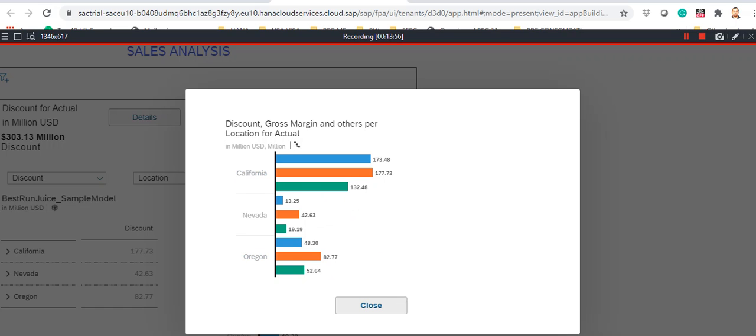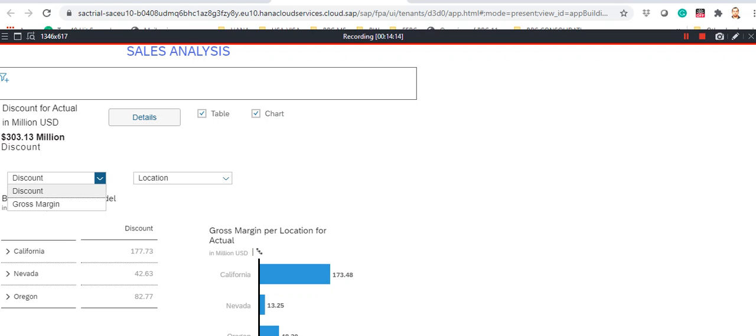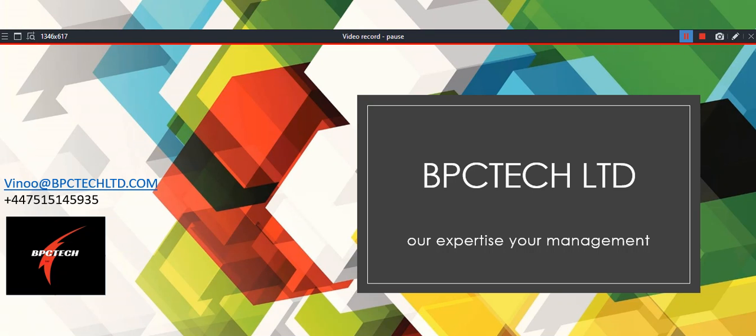So you can see here it shows you different measures, like gross margin, discounts, quantity sold. So ideally what you're visualizing here in the pop-up is all the multi-dimensional measures, right? In my previous one, I could visualize only one measure at a time. So that's a key advantage. I hope you enjoyed this demo. Stay tuned for the next